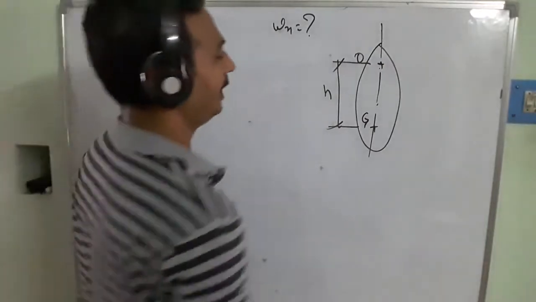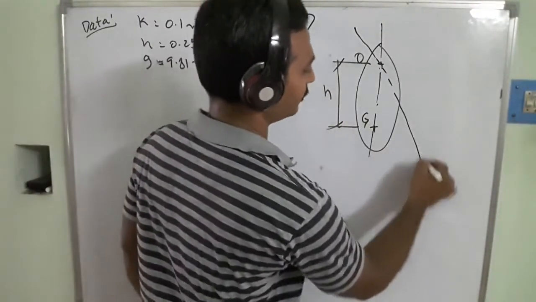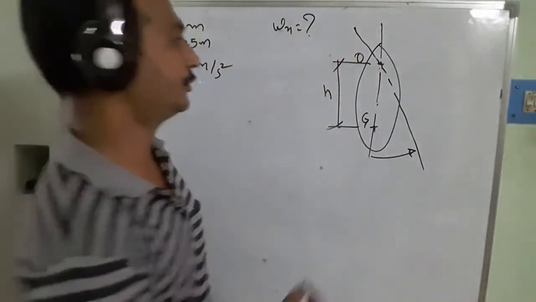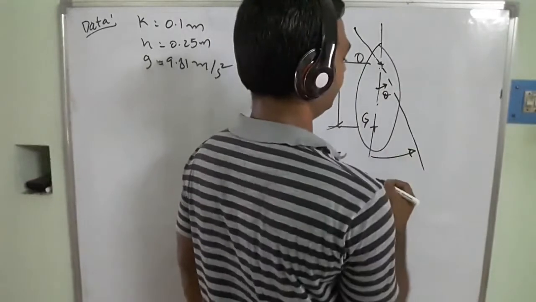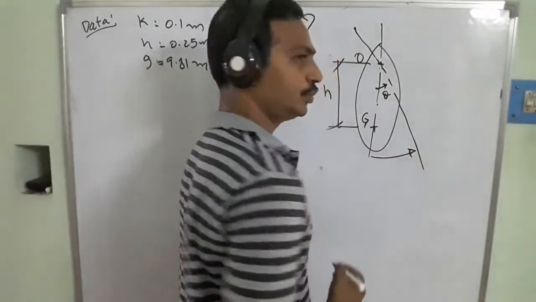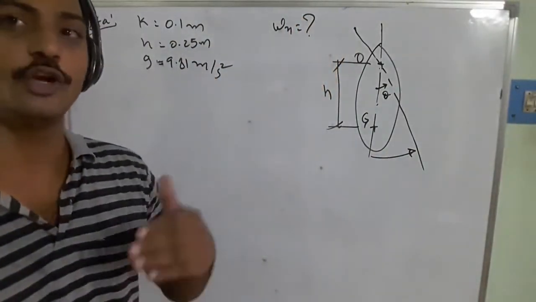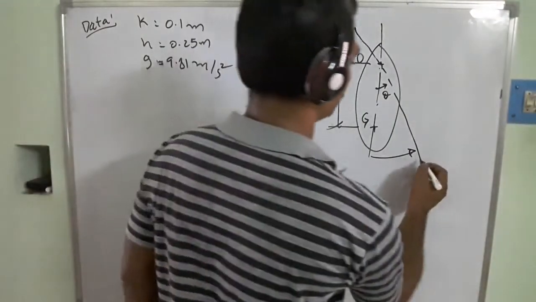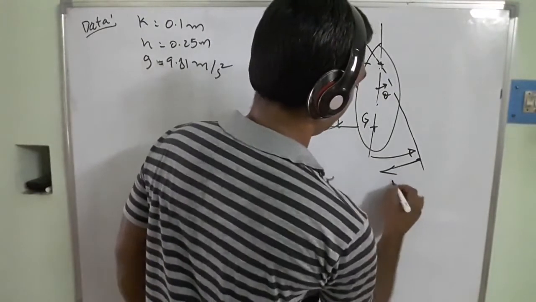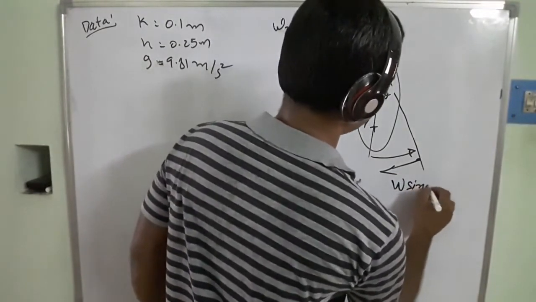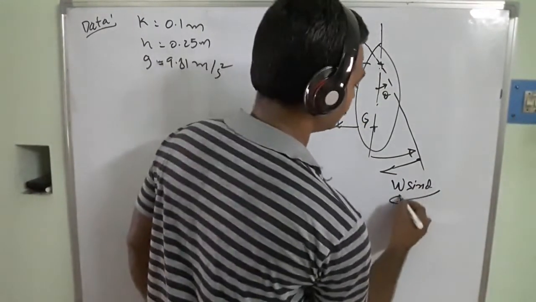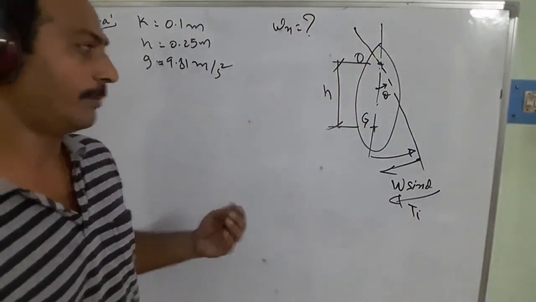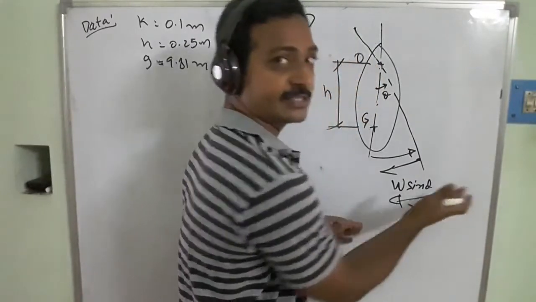So when we give an initial displacement to the system, it is going to get small amplitudes. This angle I am going to say is theta. And in this case what will happen? Two forces are going to be acting. One is the accelerating force, the second one is the restoring force. From this we have already calculated that W sin theta is the restoring force, and here Ti is the inertia torque acting on this, but the accelerating torque is going to be acting in this direction.